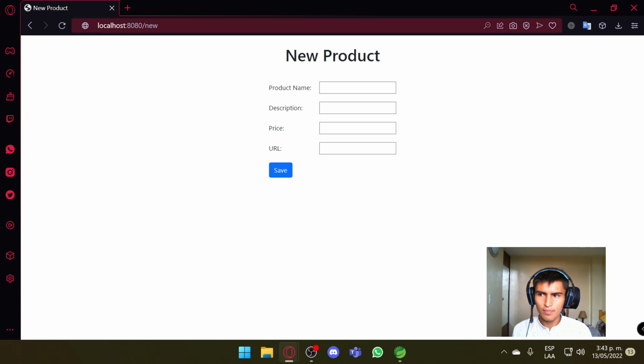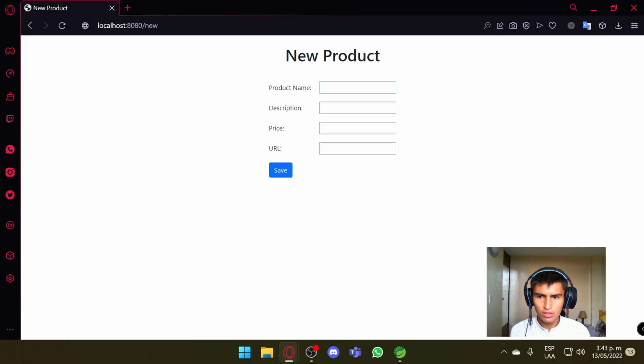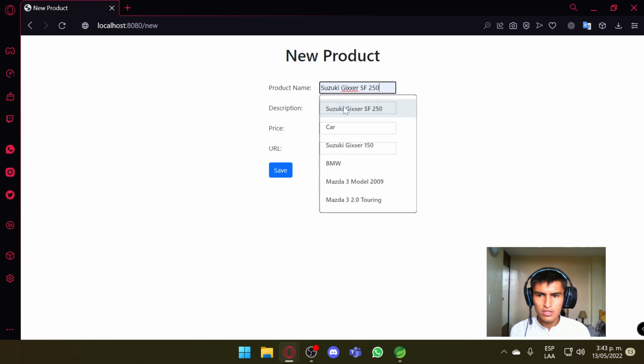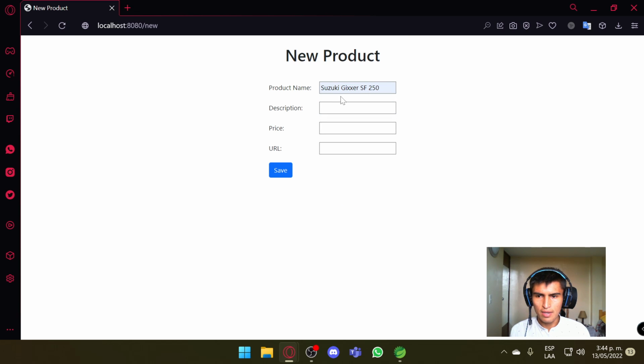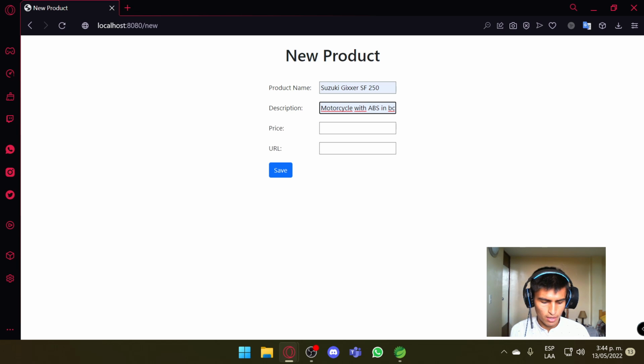Here is our other interface, with the /new. Here we can enter the product name and the information that we are going to take into account. I'm going to type the Suzuki Gixxer SF250. The description is, for example, motorcycle with ABS brakes. I'm also going to add that it comes in blue or black